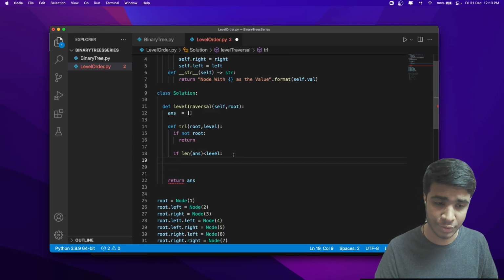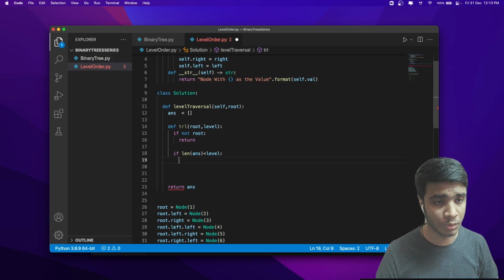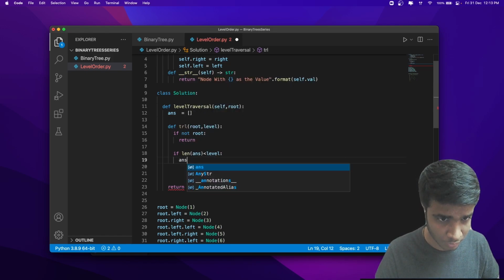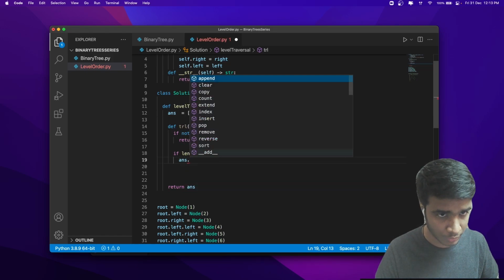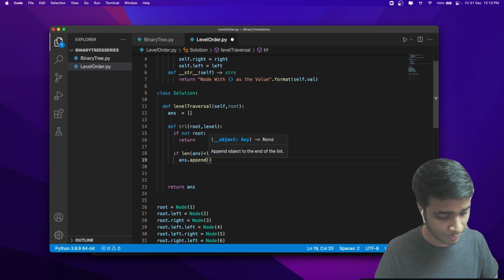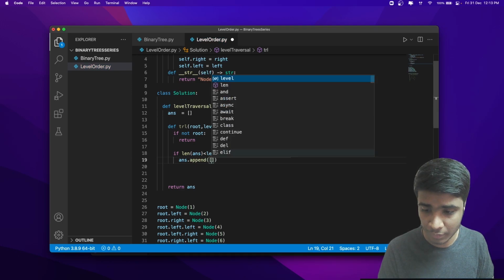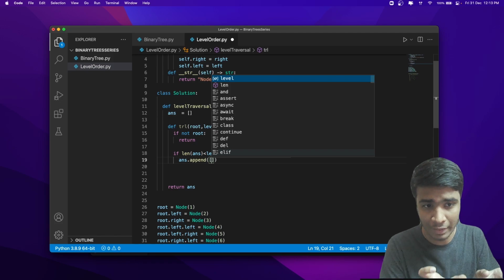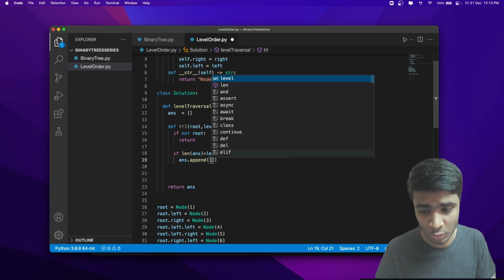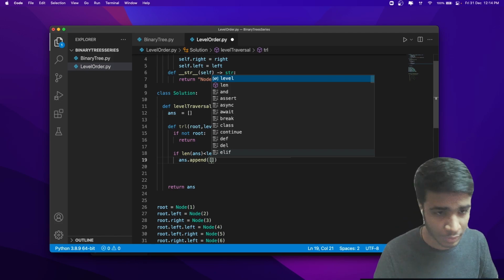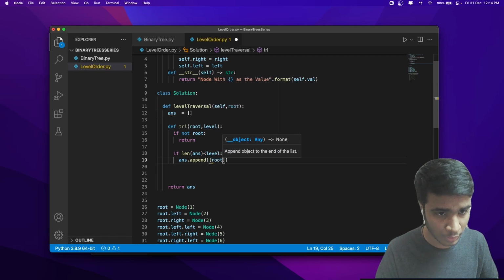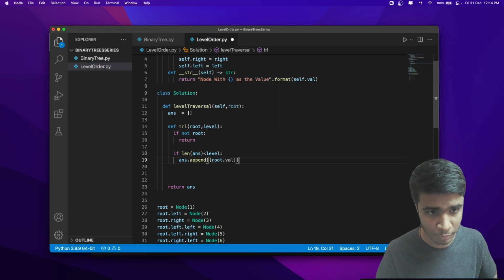So if length of answer is less than level, as I said, answer dot append, and I would append a new array. This is going to represent that level, so level into the answer array, and it is going to take root dot value. I will be passing the value.